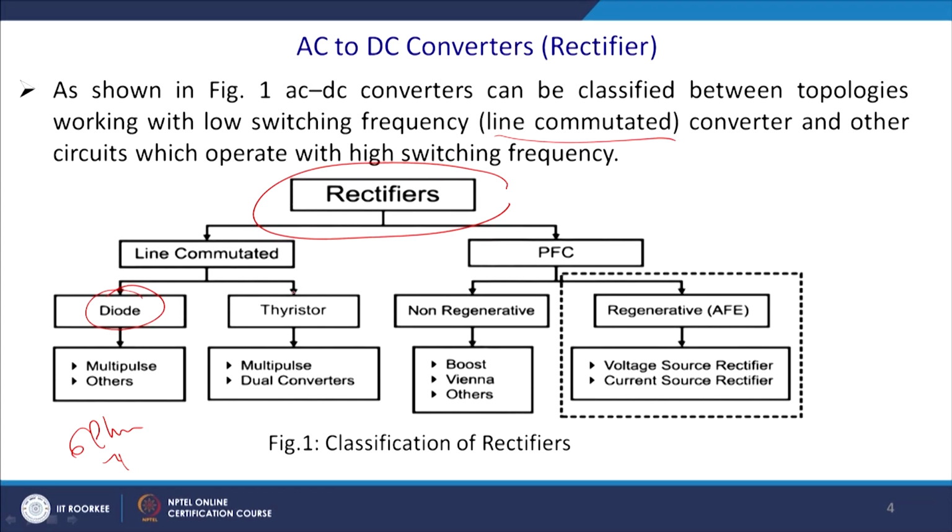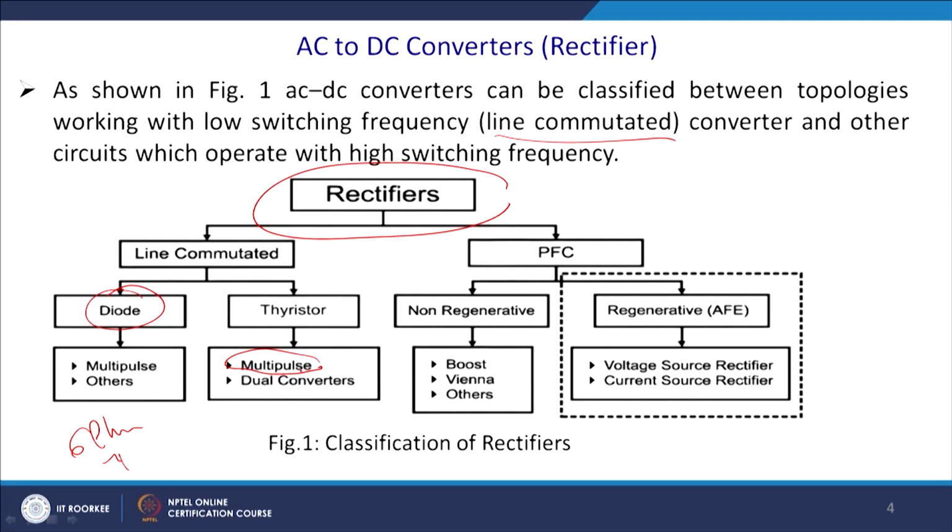In the same way it can be controlled, then it is thyristor based, and so it is the multipulse converter, same thing, just controlled, and thereafter we can have a dual converter where both AC to DC and DC to AC conversion are possible. And another can be your power factor corrected entry point, so that you do not inject power quality issues like the problem of THD into the system, and it can be classified in 2 categories.